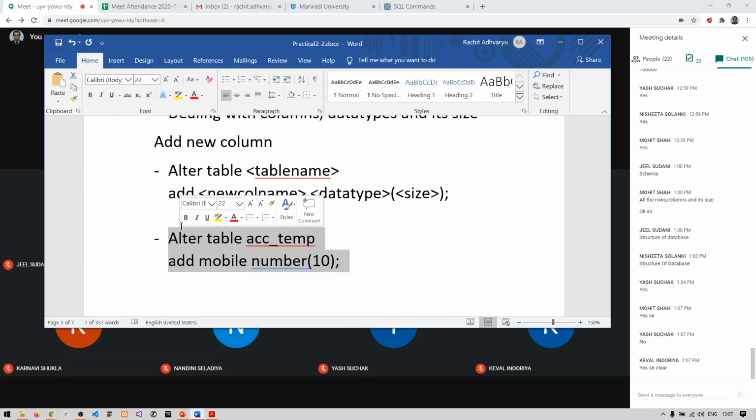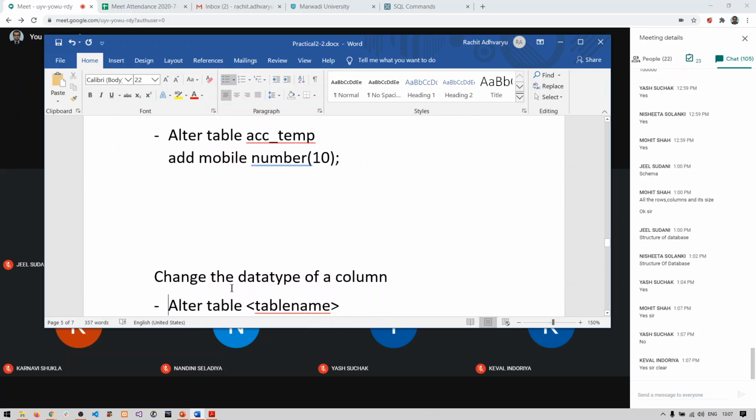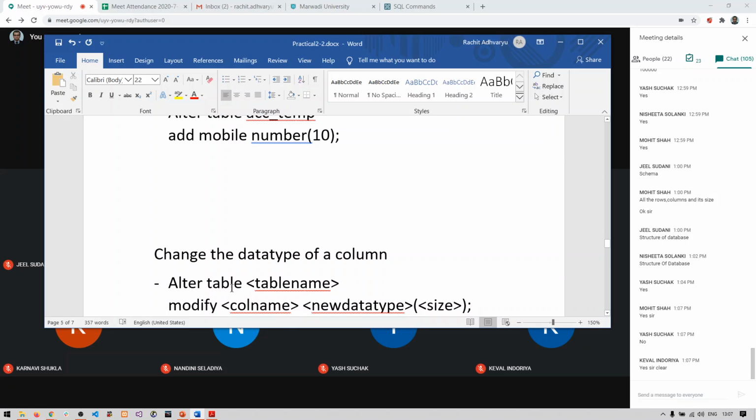Okay, then let's move to the next part. The second thing we can do is change the data type of a column. So what is the syntax?